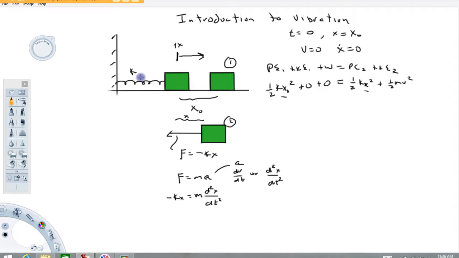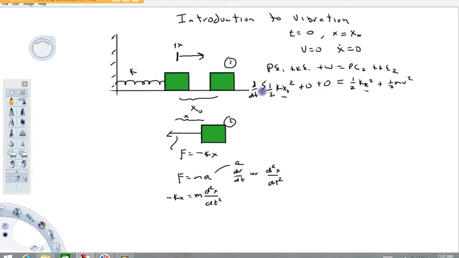All right. Now, this equation doesn't look anything like this. This equation is still basically algebraic in nature. And here's basically how it works. You give me an x, I can tell you a v. Or if you give me a v, I can tell you an x. But it doesn't give us time information. It doesn't tell us how long it takes to get here or there. Or it doesn't tell us another important factor that I'm going to get to later in the video about the frequency of the system. What I can do with this equation, however, to get time information out of it